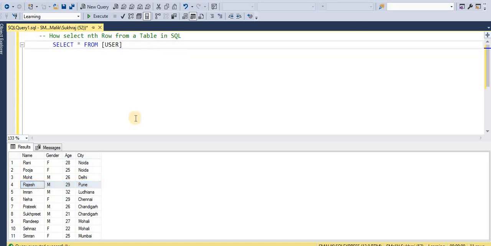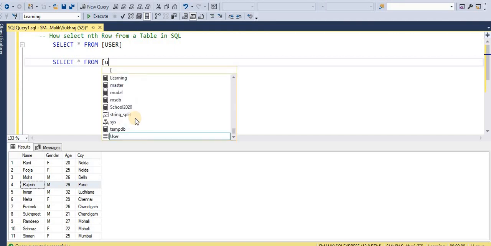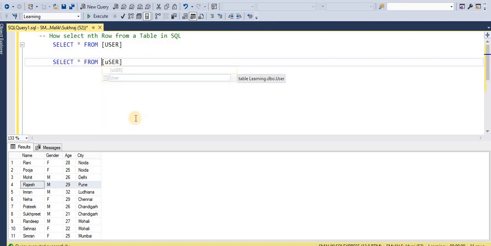We can do it using the row number. Select star from user, and then here we can use the row number.